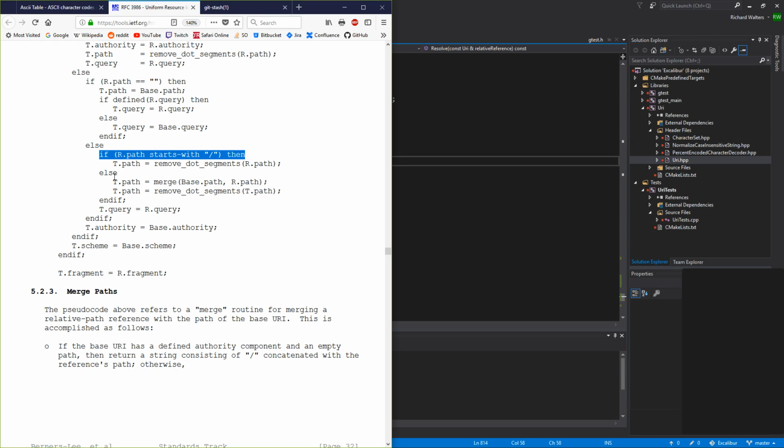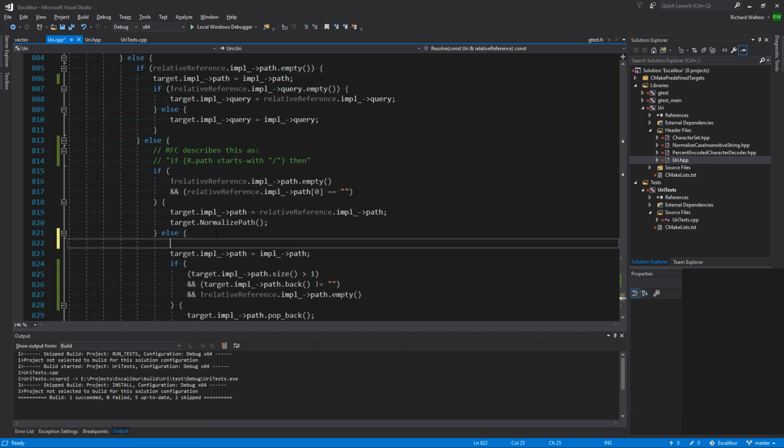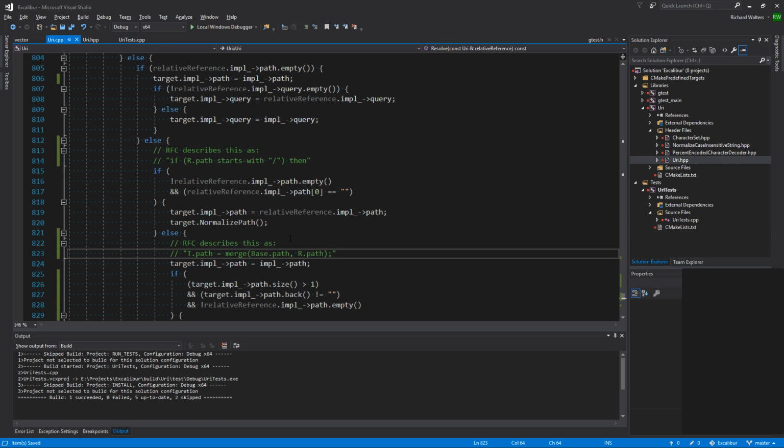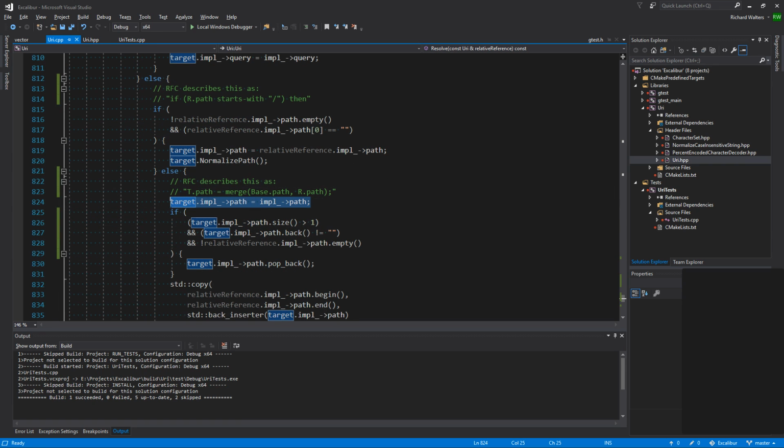It's in this else, right? It's in the merge. Let me mark that up. RFC describes this as we're merging the path. So it's when we're merging the path. We're starting with the base. Yeah, so it's actually, I wonder if we still need this logic. If the path is more than one element long, and the last element is